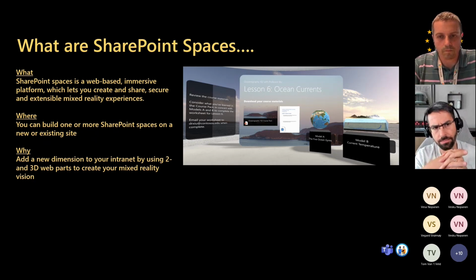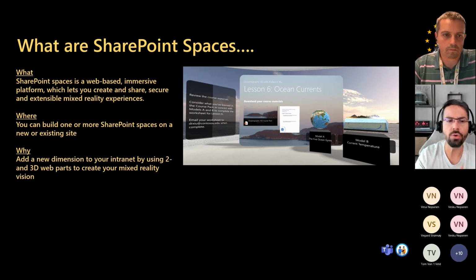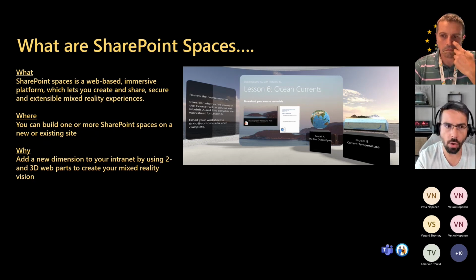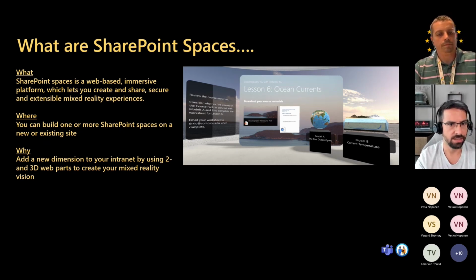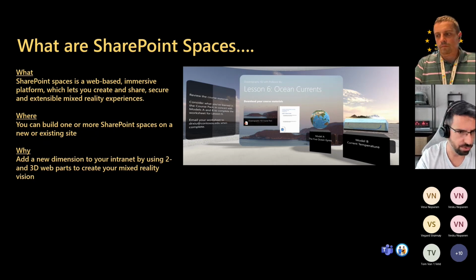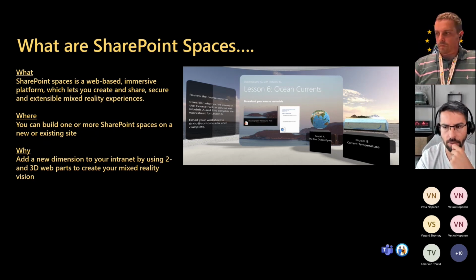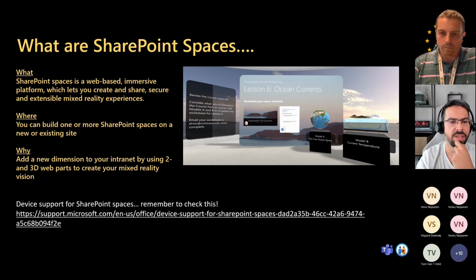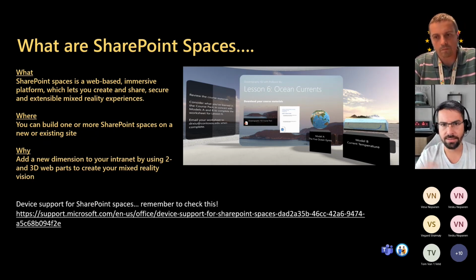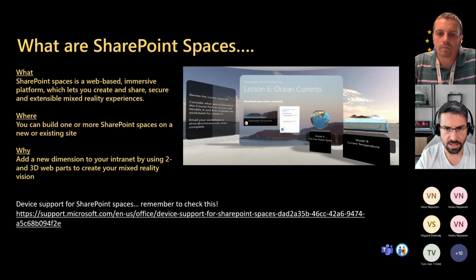So you are able to create a SharePoint space in a new or an existing site. Of course, it's available on SharePoint Online. And by using some web parts, you are able to integrate these spaces inside every SharePoint page that you already have inside, for example, your intranet or a different site. So you have to remember that to represent a 3D space,